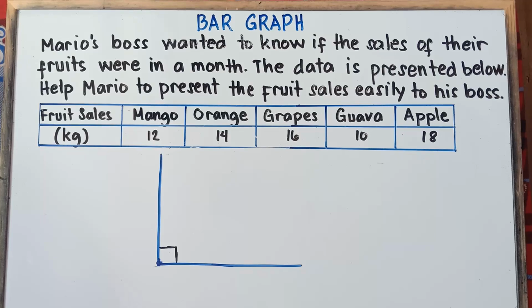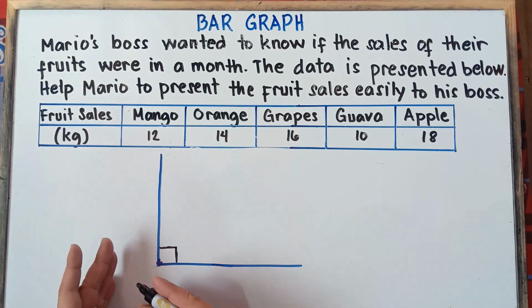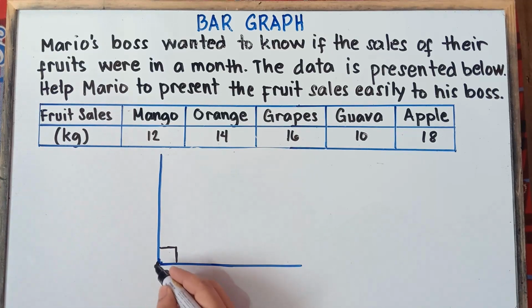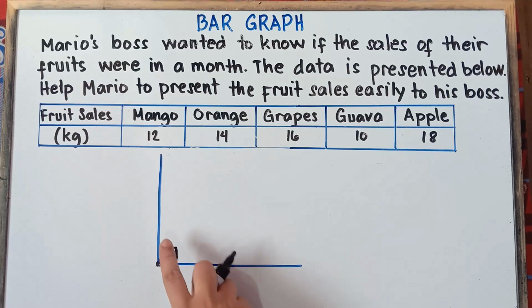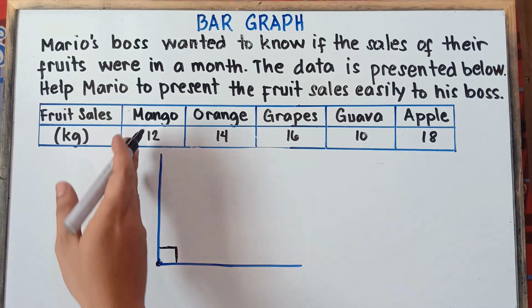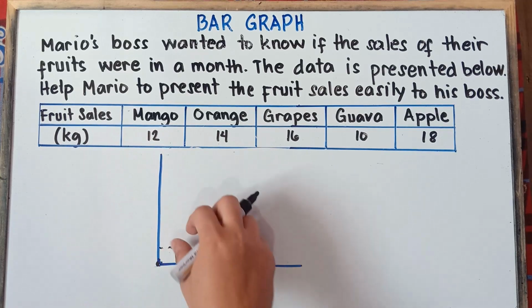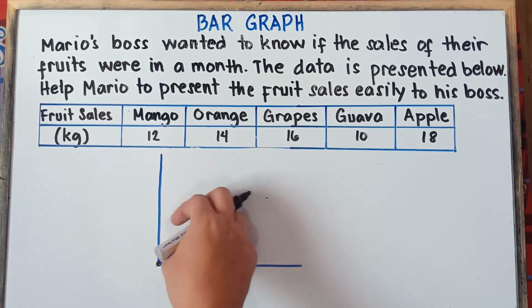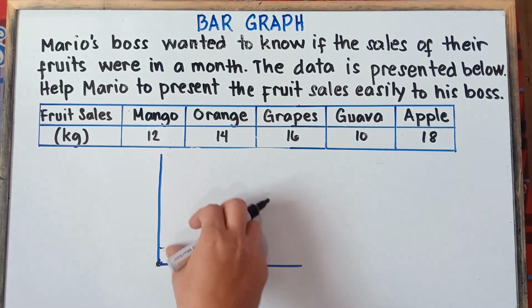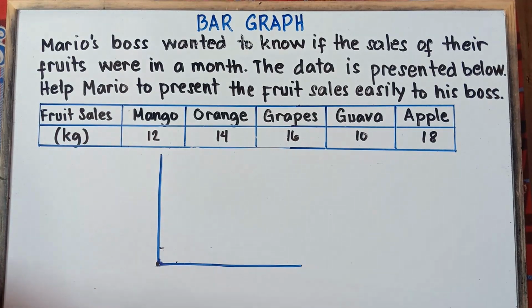Sir, what do you mean by perpendicular lines? When they intersect each other at this point, they form a 90 degrees angle. Of course, class, you know what we call this angle. An angle that measures 90 degrees, we call a right angle. So that will be the first step, class. You draw a vertical line together with a horizontal line in which they intersect each other at 90 degrees, and we call these perpendicular lines.